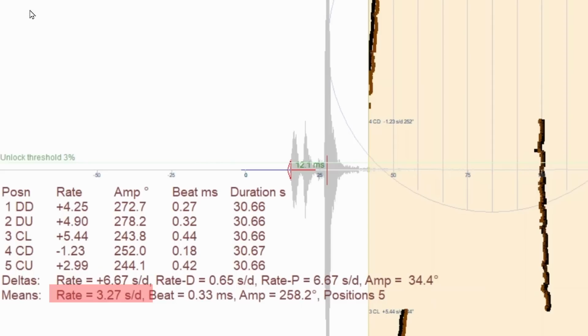The delta between the dial rates and the vertical rates, again, is showing that the regulator pins are adjusted properly. The delta between the dial positions is right around a half a second, which is, I mean, you can't ask for much more than that. Now, I will say that the vertical delta is 6.67, which is pretty good. But overall, I would consider this a very successful